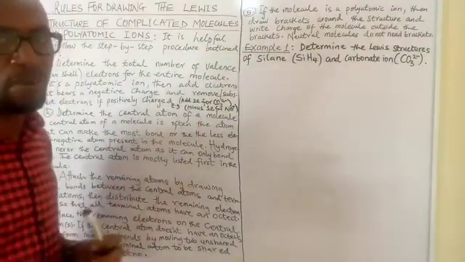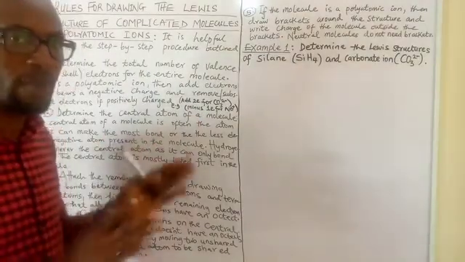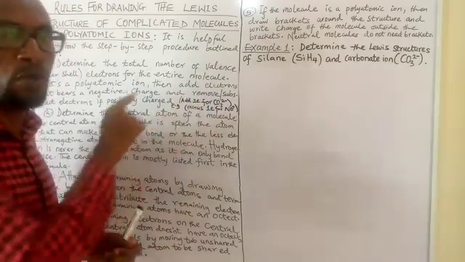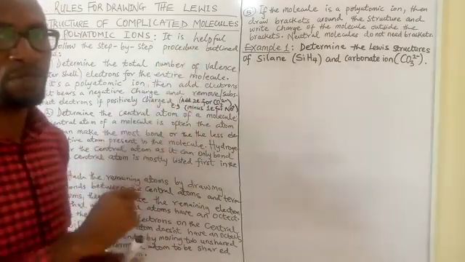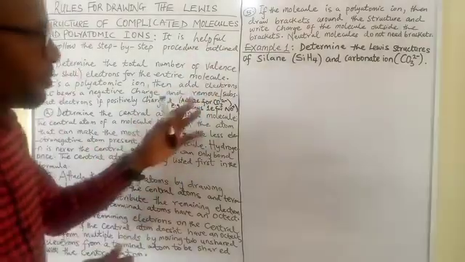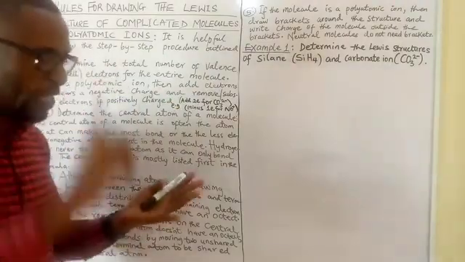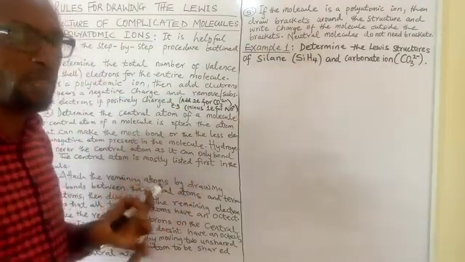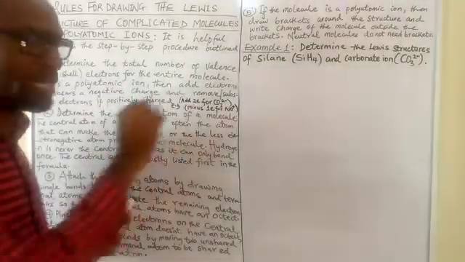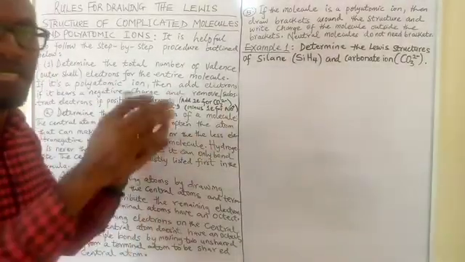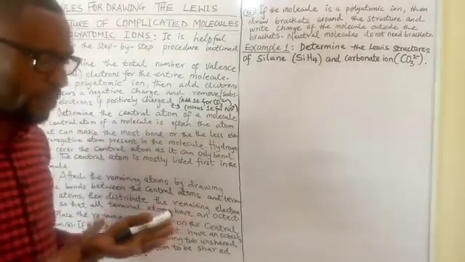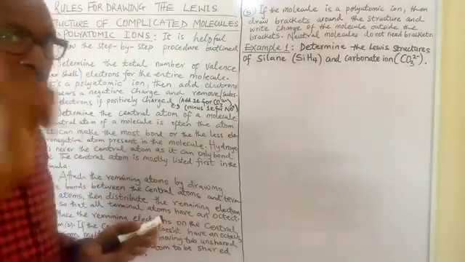So if it is for the carbonate ion, that means that carbon should be in the center, while 3 atoms of oxygen form what we call the terminal atoms, atoms that surround the centrally placed element. So first thing, determine the total number of valence electrons. Second thing, determine the element to be placed in the center of the skeleton of the Lewis structure. That's the first signpost: the one that makes the most bonds.